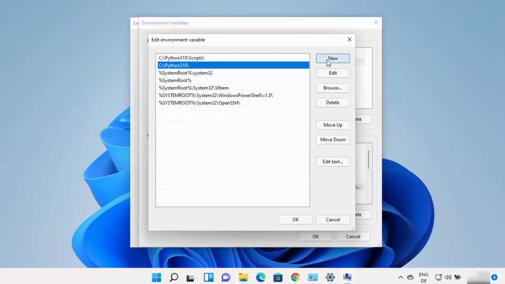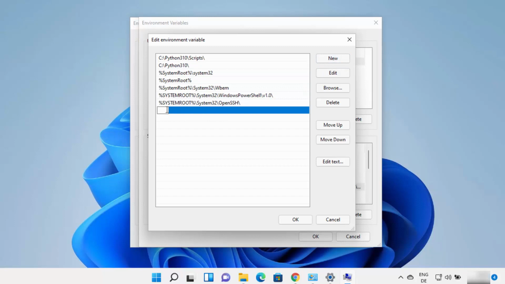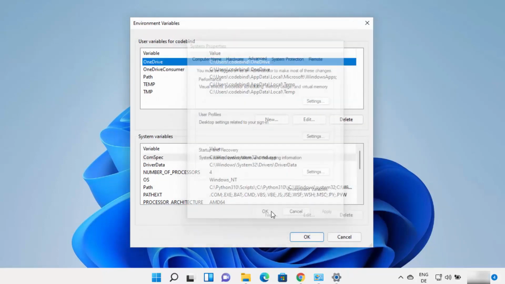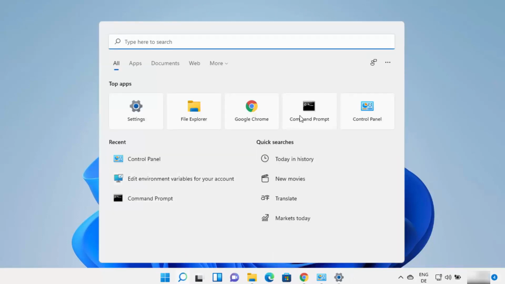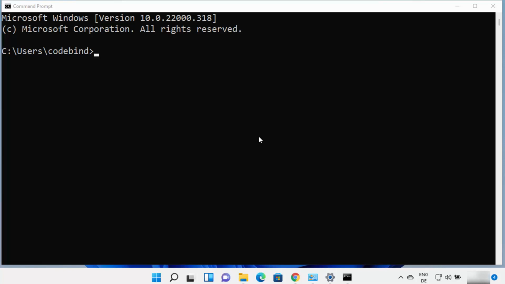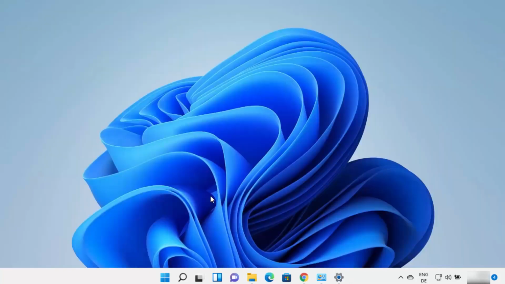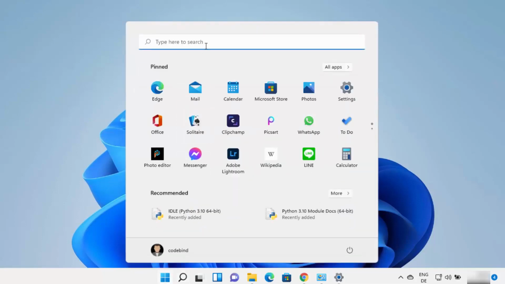You can add it by just clicking on new or just double clicking on this line here and then just paste your path, which is essentially the same path which is added by Python for me, right? But if it's not present, you can do that also. Okay, so once you do that, you can just click on OK and then click on OK and then click on OK and close everything, and then the Python command is going to work using the command prompt also on your Windows 11 operating system. Now, as I said, Python also comes with other tools, so you can again search for